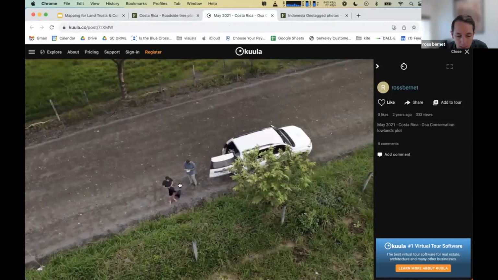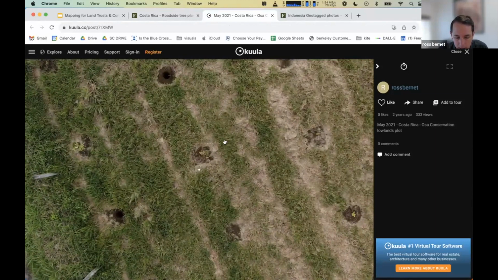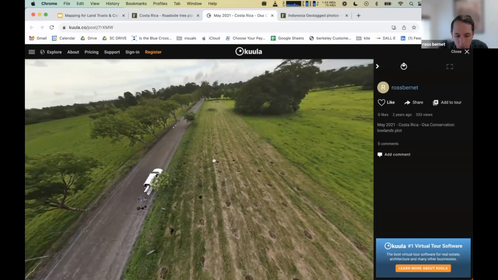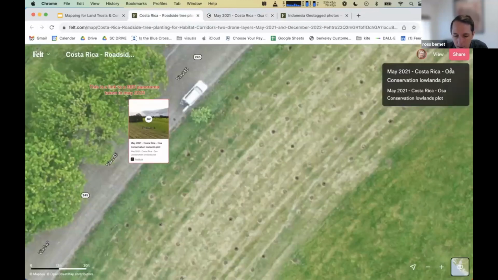Here I am with my colleague in May 2021, and you can zoom in and see these trees were just planted. They're less than a foot tall. And then what's cool is we're able to watch these trees grow over time. So if I